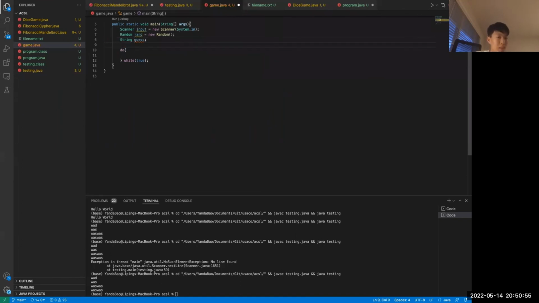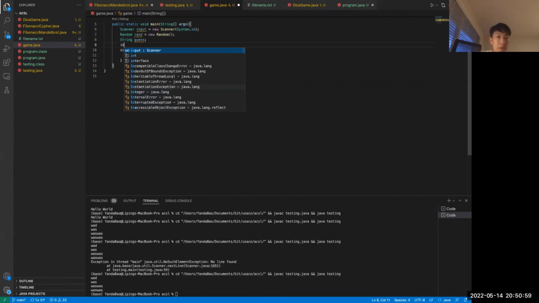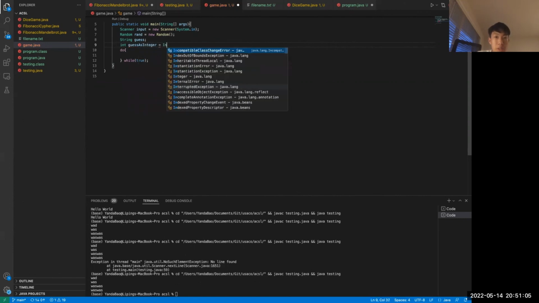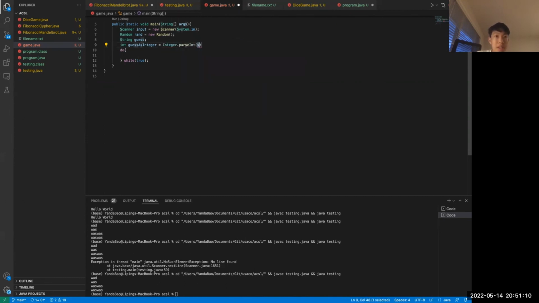And I'll just give you the step. We're also going to need a new integer called guess as integer. And this is going to be integer dot parse int and then guess. We've never done this before. Okay, so I'll give you a second to look at it. And the reason that we have to do this